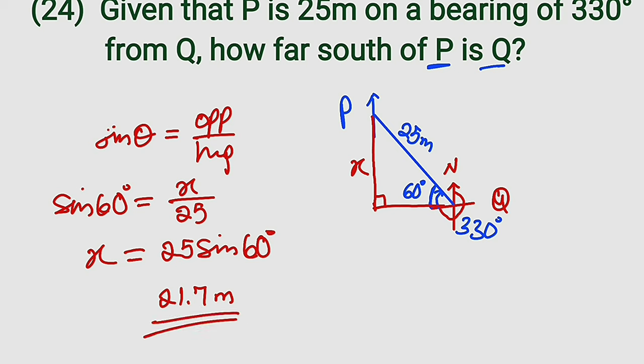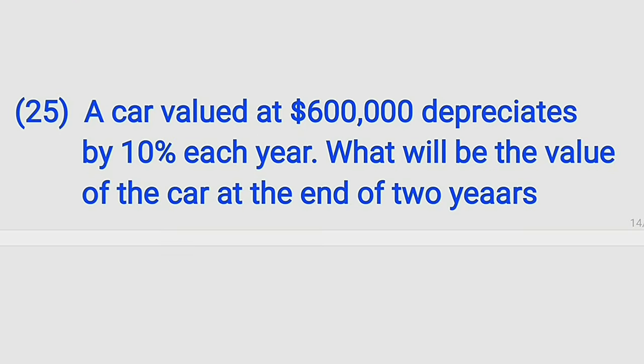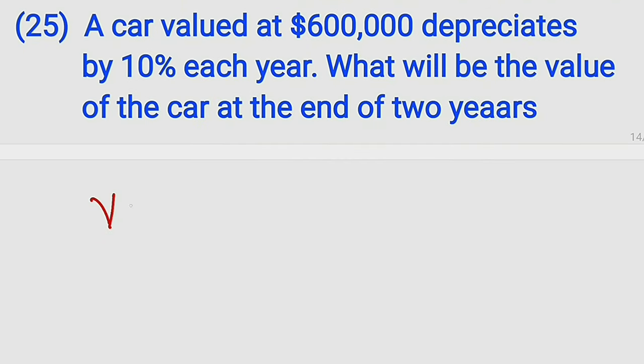Moving on to question number 25. A car valued at $600,000 depreciates by 10% each year. What will be the value of the car at the end of 2 years? The value would be the initial value multiplied by 1 minus the rate at which it is depreciating, raised to the power of the number